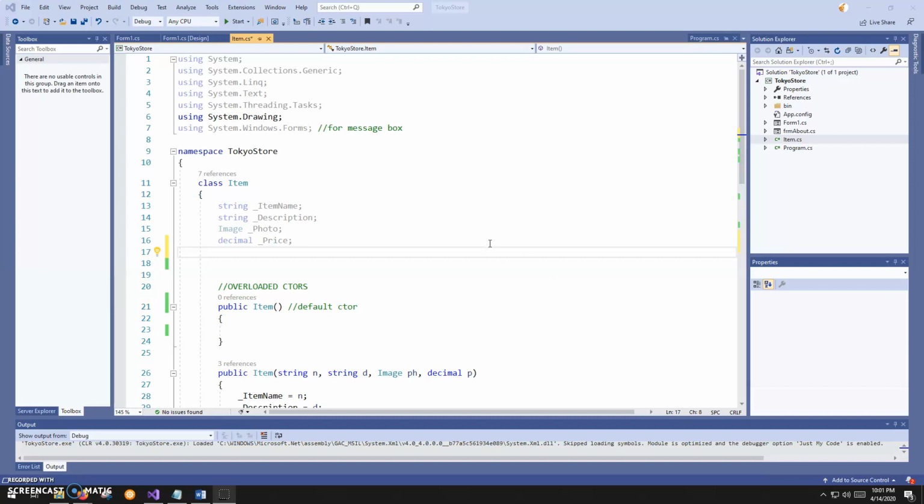Okay, I have one more technique I want to throw at you, and that is the notion of static data. I'm still in the Tokyo Store application. What if I wanted to add a private data member that would keep track of the number of items in the inventory? We know there are 3 items in this inventory, but if this were a real store, that